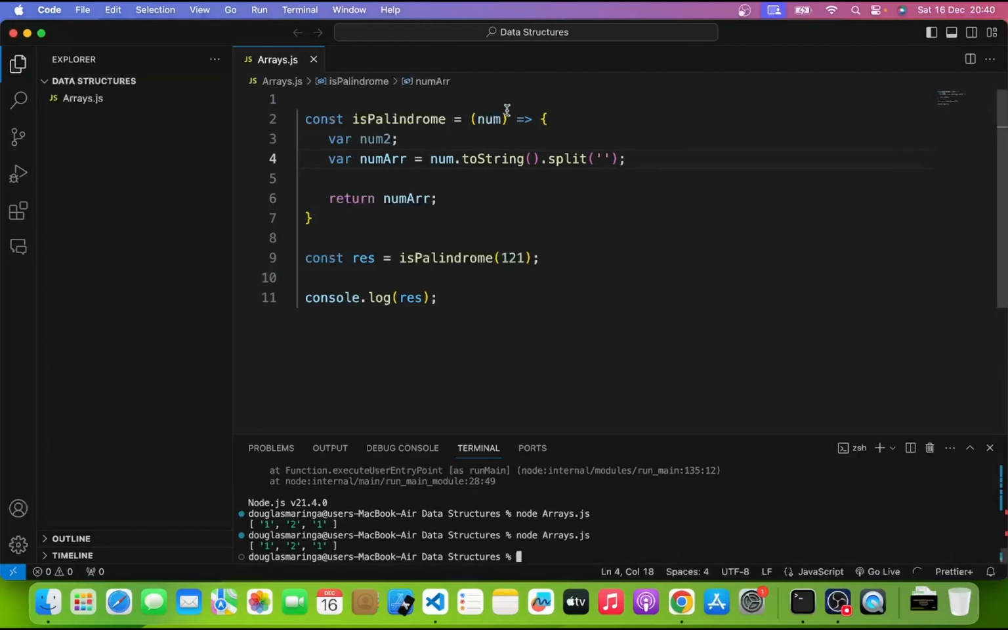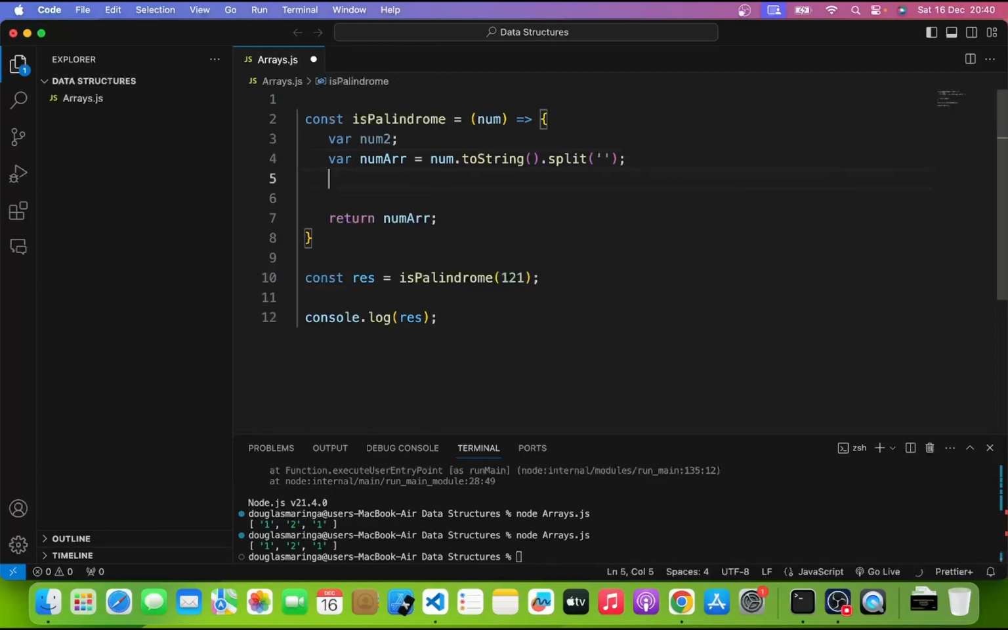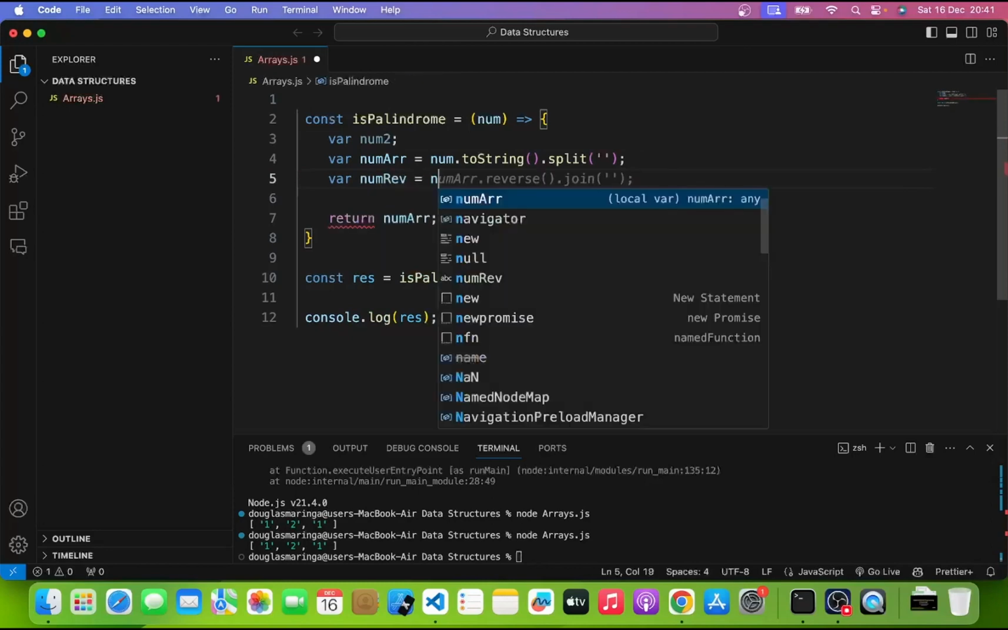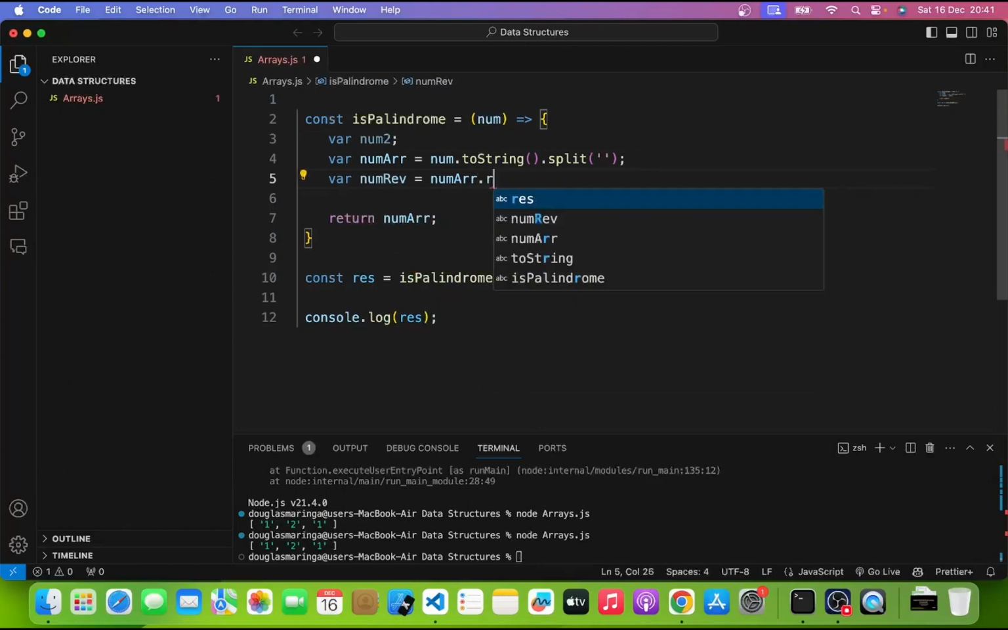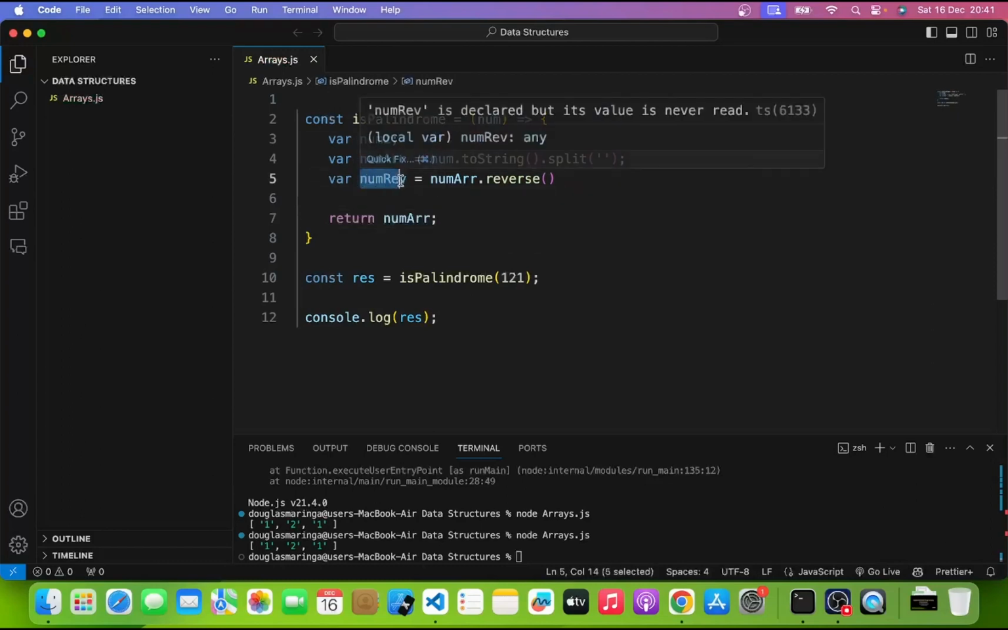Okay, perfect. So we can't split a number, we have to convert it to a string to be able to split it. Okay, so isPalindrome: we pass in the number and then we convert the number to a string, then we split it. Splitting just means we have made it into an array, but each number is its own value in the array. Now we can run the reverse. Okay, now we can say numRev is equal to numArray.reverse. Okay, perfect. Then let's return numRev,